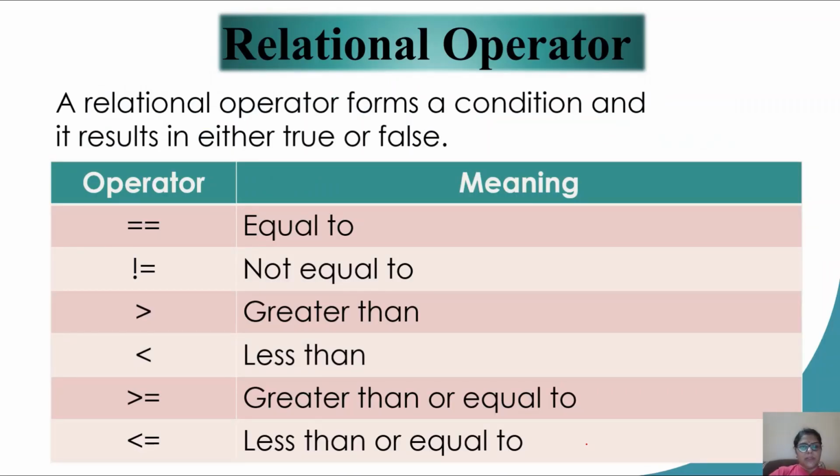Before we begin with the if statement, let us recollect the relational operators. These operators are used to form a condition that results in either a true or a false result. Like you may be checking for a variable's value == 5. Remember, double equal to is used to check for the equality of a variable. Please do not confuse it with a single equal to. A single equal to is the assignment operator. When you need to check for equality, it is double equal to. Then we have the not equal to operator, which is written with an exclamation sign and an equal to sign. Then you have the regular greater than, less than, greater than or equal to, and less than or equal to.